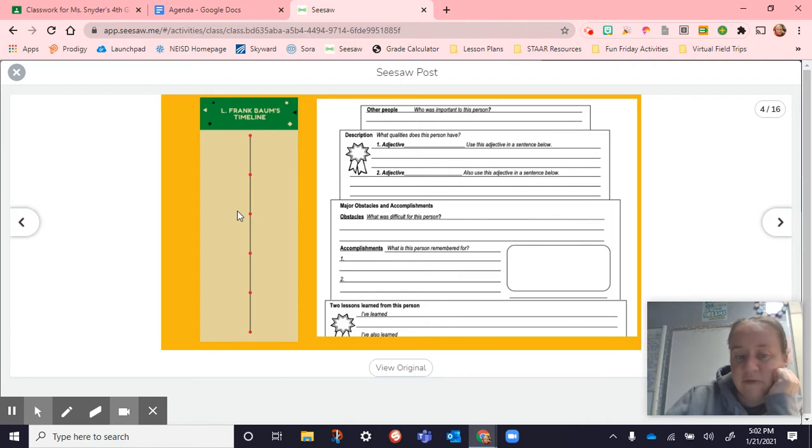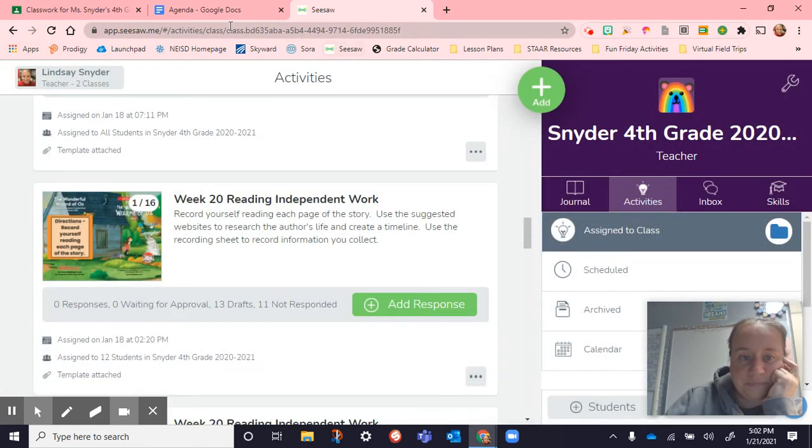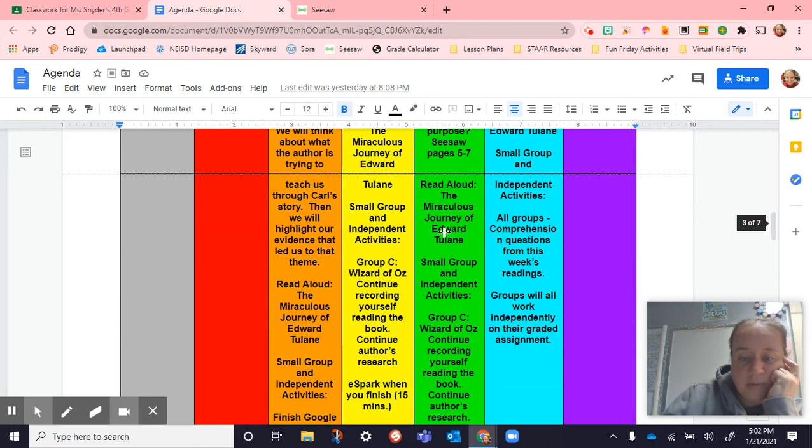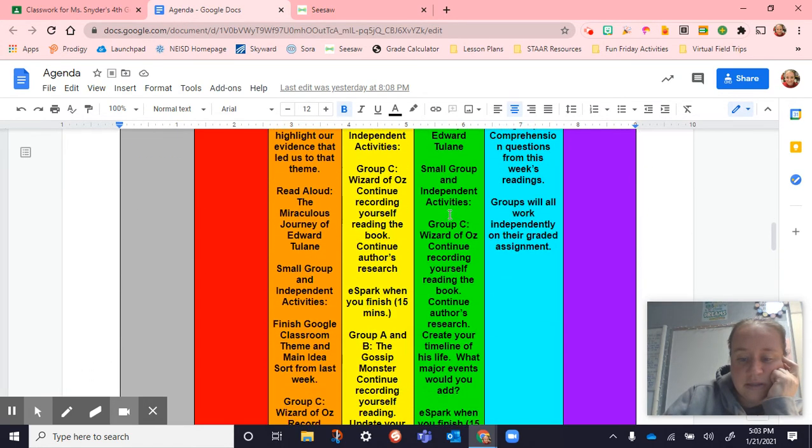So you can put some events that happen throughout his life, start with his early childhood, and then get up to where he starts his career as an author and some of his accomplishments and things that have happened in his life. You can add your information there with the Seesaw tools. Then we did that for reading. We read our story, and then